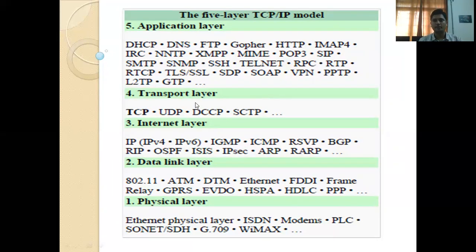And finally, coming to the application layer, here DHCP, Dynamic Host Configuration Protocol, and Domain Name Service, DNS, File Transfer Protocol, FTP, and Gopher, and HTTP, IMAP, IRC, NNTP, XMPP, MIME, POP3, and SIP, SMTP, and SNMP, SSH, and Telnet, RPC, RTP, etc. All these are related to the application layer protocols. So this is the 5-layer TCP/IP model and the different protocols of each layer.